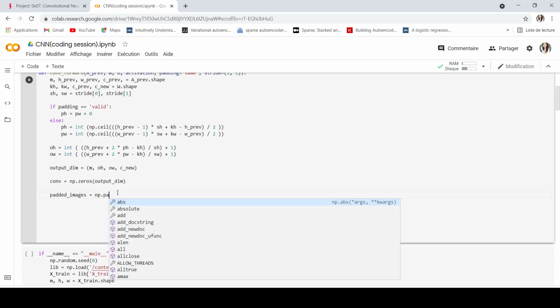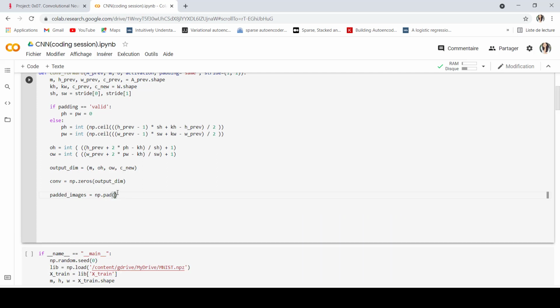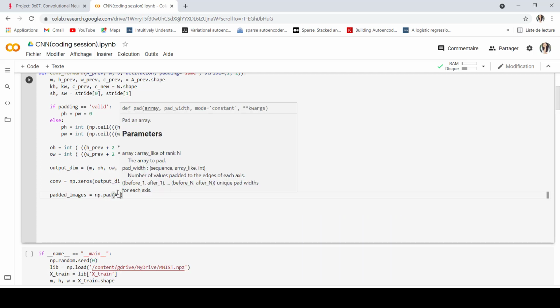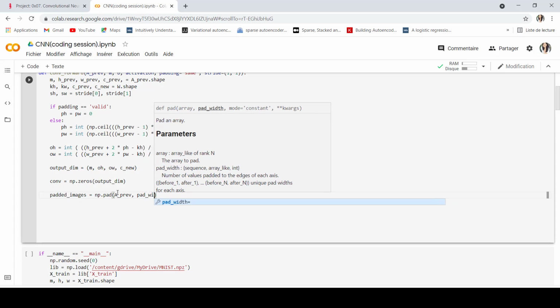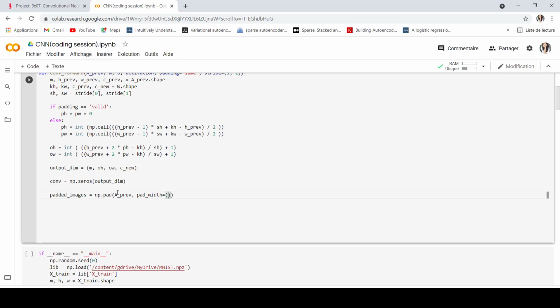So np.pad, my previous matrix is going to be A_prev. Then the padding width would be: I'm not going to add any padding for the first dimension, which is the number of images.